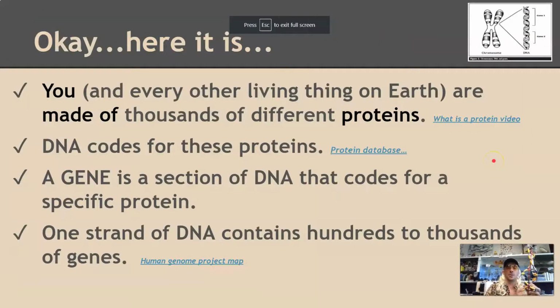Okay, so for general biology, this is where we stop this week. I want you to understand these basic things, right? Our DNA is contained in our cells, wound up in chromosomes. One long strand of DNA contains many different genes, and a gene is a section of DNA that codes for our proteins. Proteins are the things that tell our cells what to do, that make up our cells, and that control basically all the working parts of life. And then we're going to stop there.